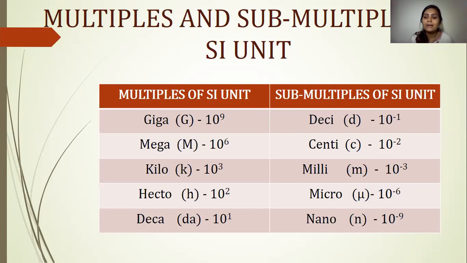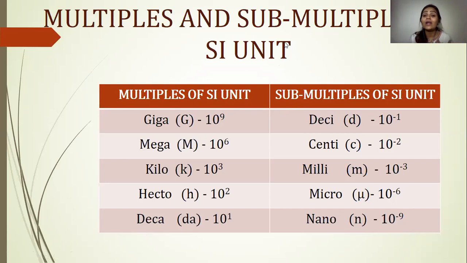And when you come to the submultiples of SI unit, there is one more rectification, nano. If you see the table in the textbook, the symbol they have used for nano is capital N. Just rectify it, change it. It is small n. Okay, as we have done the rectification, now we will move on to see how to write these multiples and the submultiples. We know they are written in multiple form. Now, how do we write them in standard form?